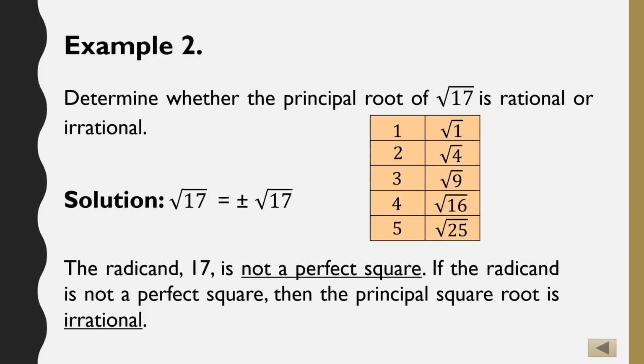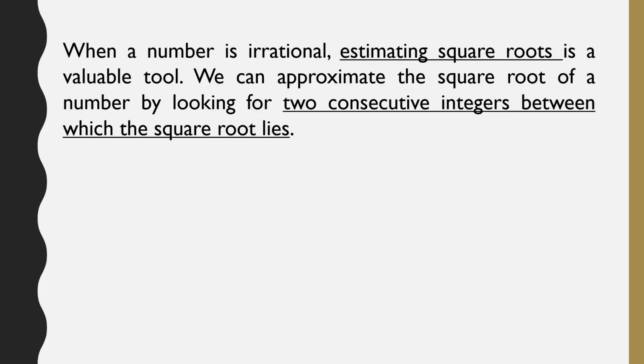Again, kapag sakto yung sagot, that is called as rational. Kapag naman hindi sakto ang sagot, iyon yung tinatawag nating irrational numbers. When a number is irrational, estimating square roots is a valuable tool. We can approximate the square root of a number by looking for two consecutive integers between which the square root lies. So kapag hindi sakto yung sagot, titingnan natin ano yung dalawang magkasunod na number na pumapagitna doon sa given